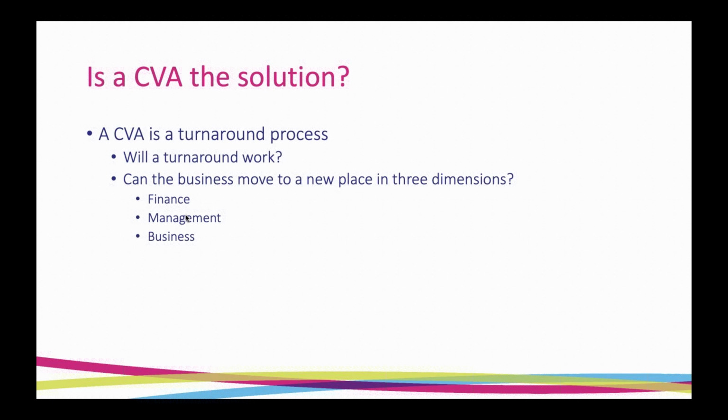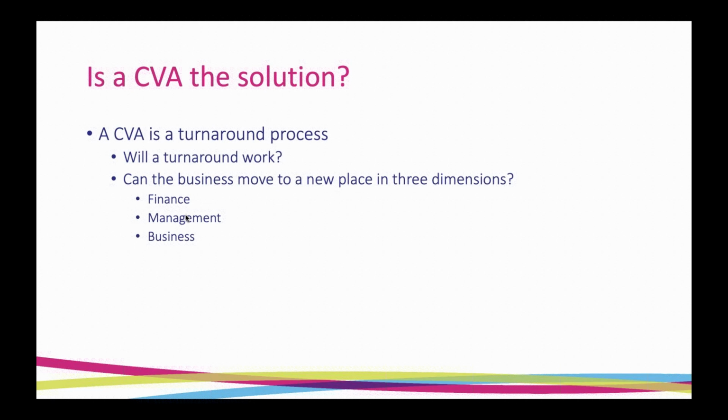So first of all, of course, a CVA is a turnaround process, and that's something which immediately makes it different for us as IPs looking at it, because we need to be thinking about how the business is going to operate when it's in the CVA. If it's a liquidation, we're burying the business, we don't need to think about what happens afterwards. If it's an administration and we're selling it as a going concern, then that's really for the buyer to decide how they're going to fund it, how they're going to manage it,